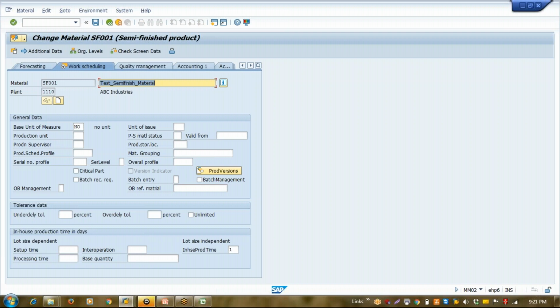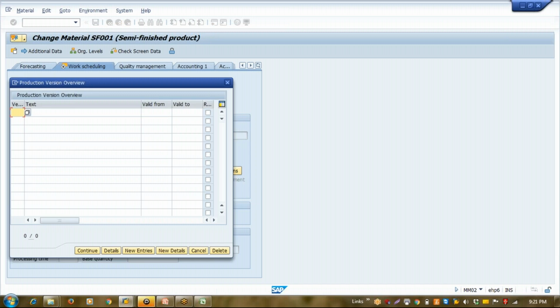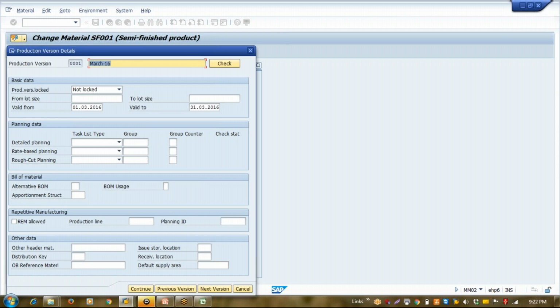See here, we have an option to create a production version. Okay. Now we can give any name. This is an open field. Okay. Now just double click on this. It will open another window. Now in this window,